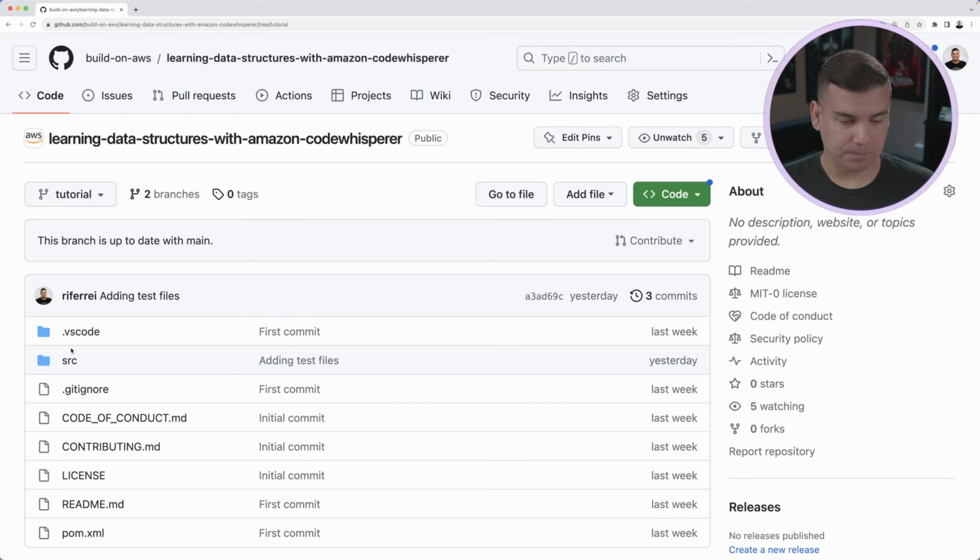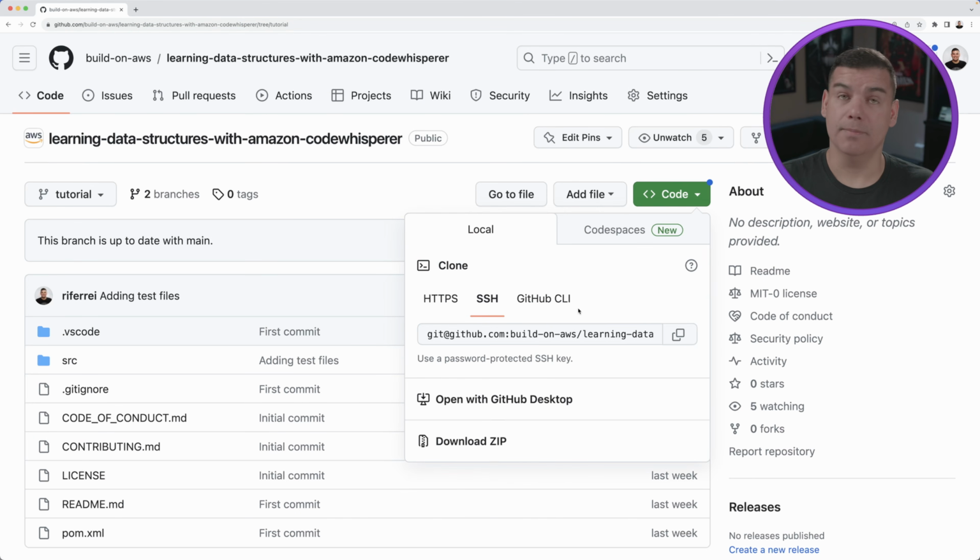If you clone from the main branch, you are going to clone the entire code already implemented, which you can do if you want. If you want to just learn all the implementation that is the result of this series. But I think the best experience is for you to clone from the tutorial branch, and then we can do it together, right? So go ahead and clone that repository, and the URL of this GitHub repository you can find